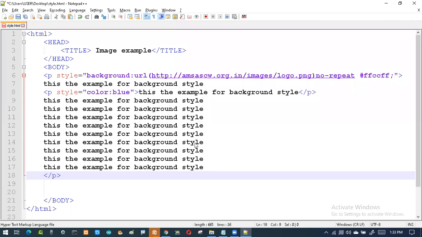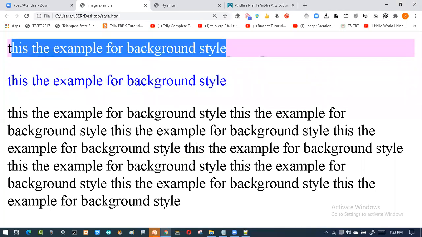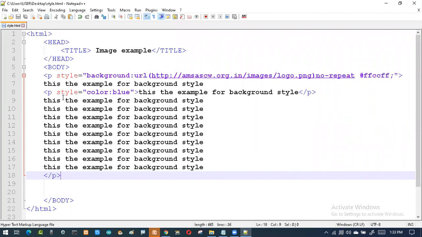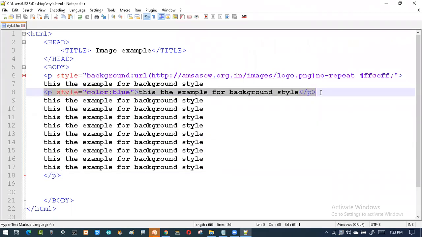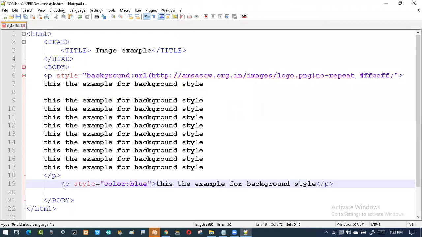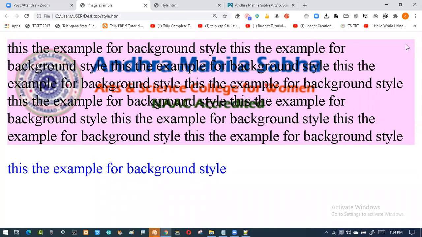So this is one more paragraph. Now you can see the output. Now I got the text color. Now here I got the background for this particular paragraph. That means wherever you end it, it is going to be applicable to that particular part only. Okay, so I'll just remove this one. I'll keep it down so that you can see the color. So this is another way. Now you can see this is another paragraph with background color, background image. Now this is only text color.